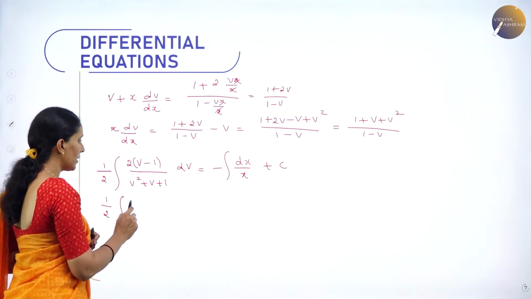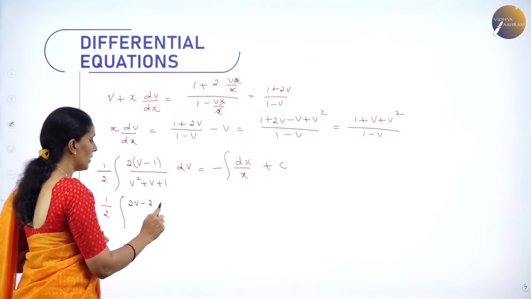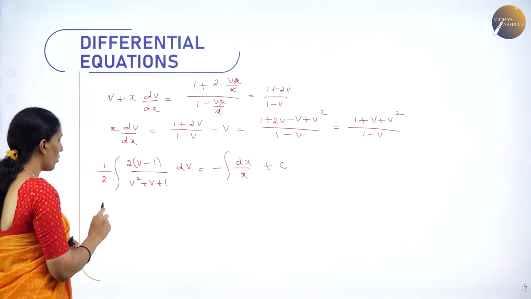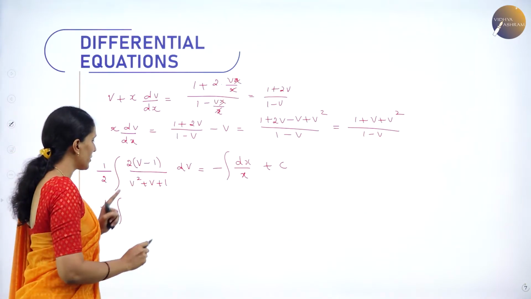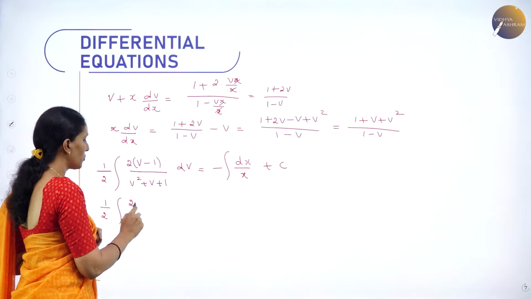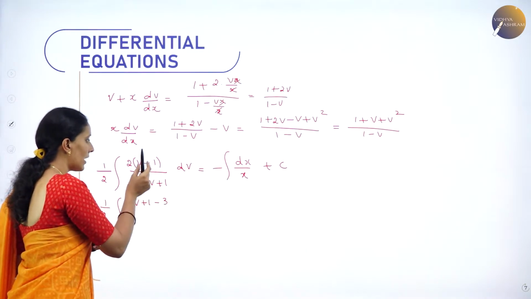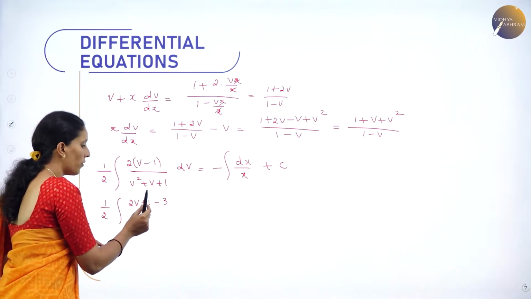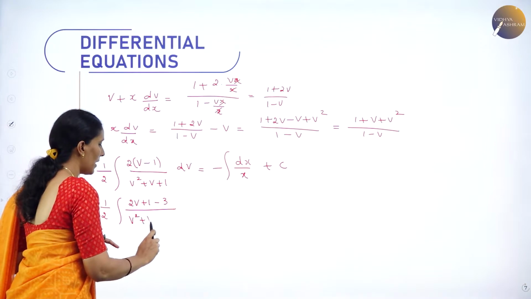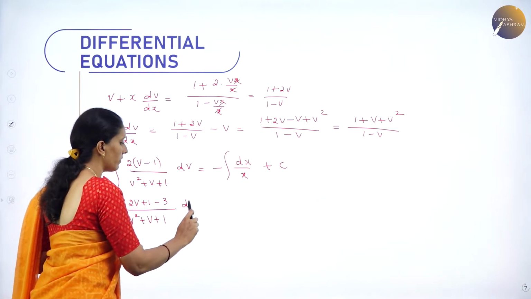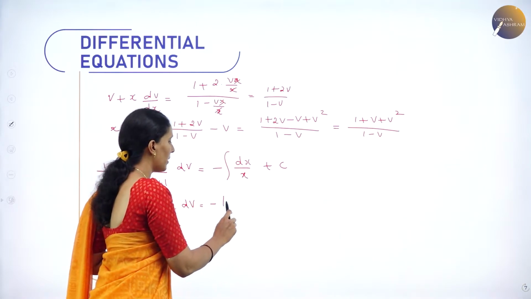I will convert this in the form of 2v, so here I have minus 2 plus 3. Now here what I will do, I will take half integral. I need 2v minus 2. So for that purpose I will take 2v, and here I will take plus 1 minus 3. That minus 2 I have taken in the form of plus 1 minus 3 divided by v square plus v plus 1 into dv. And on the other side, integral of 1 by x is nothing but log x